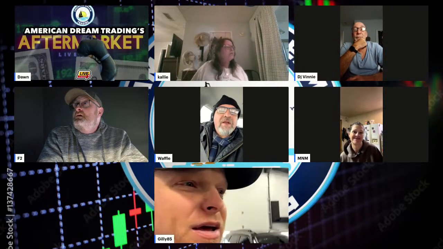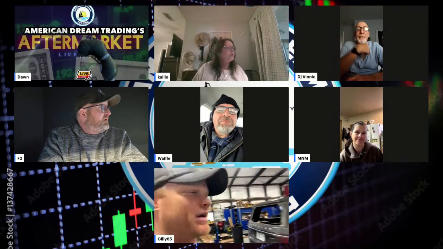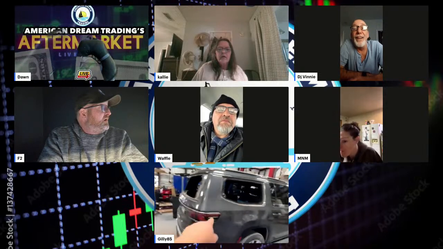You guys ever want to buy a piece of shit $100,000 Jeep Wagoneer? If it ever gets hail damage on it, you've got to cut the windows out for pieces of trim. This is a brand new car. You've got to gut the whole thing just to replace some pieces of trim on it.